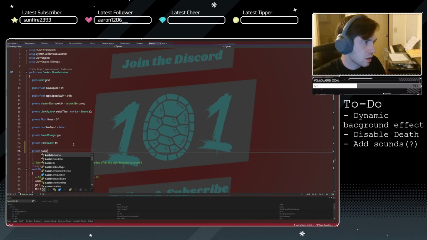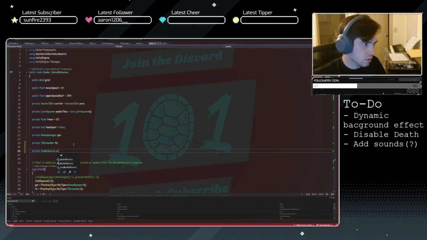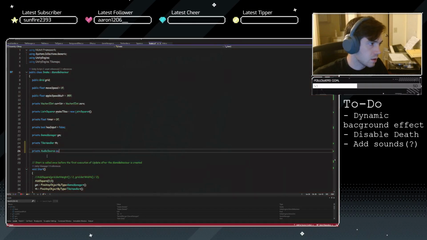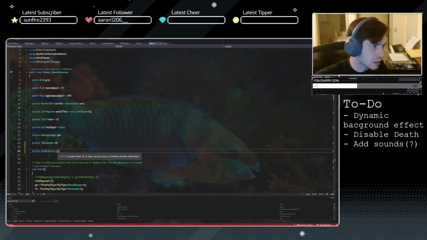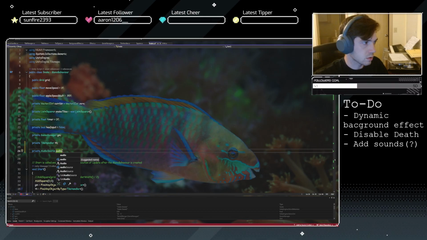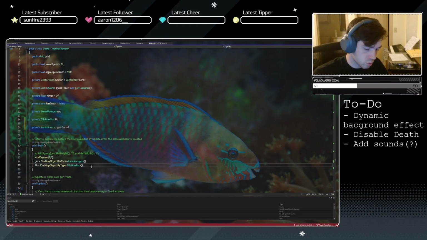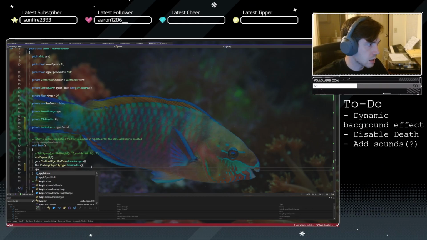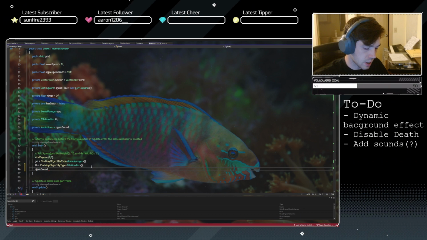Private audio source AS. Nope, didn't like that. Oh, that's the thing. Audio. Let's just call it Apple Sound. And we'll do a solid Apple Sound equals